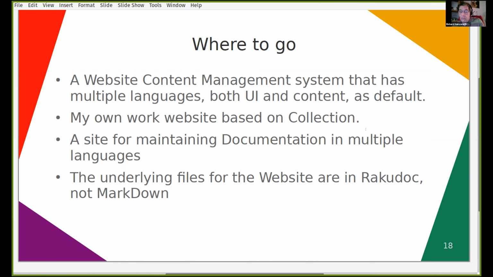I also think, and here is where I want to talk about Rakudoc, I think Rakudoc is underestimated by the Raku community. Most websites are written where the content is written in MarkDown, which is not a very rich language. And when you're dealing with complex documents, such as manuals,